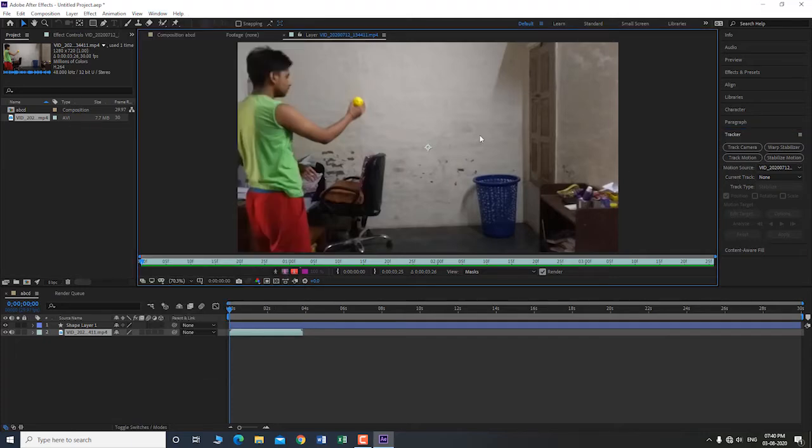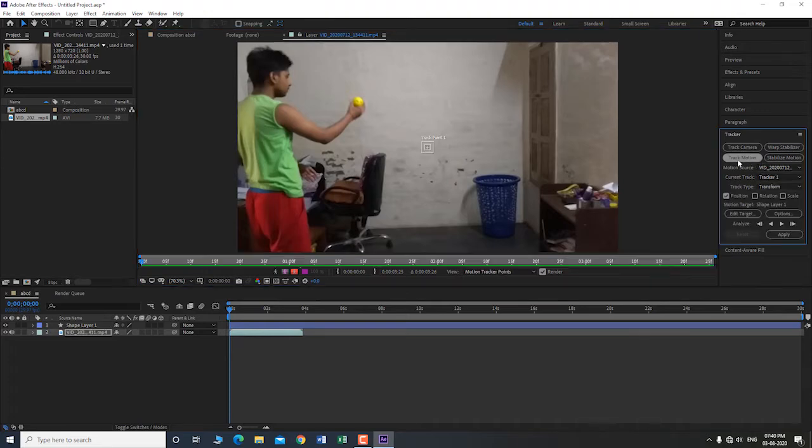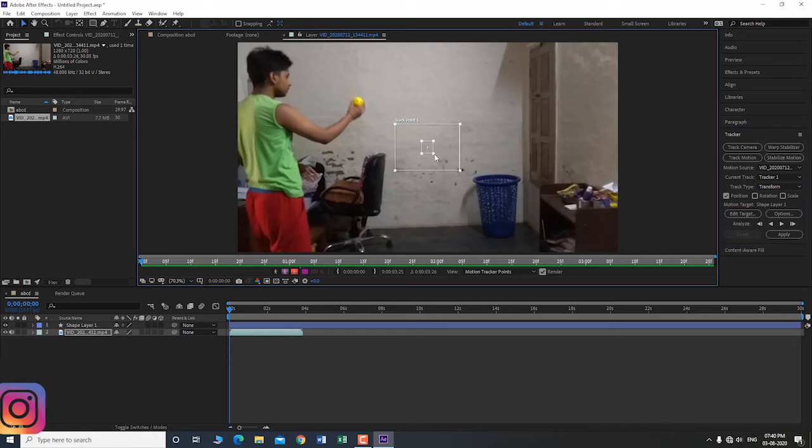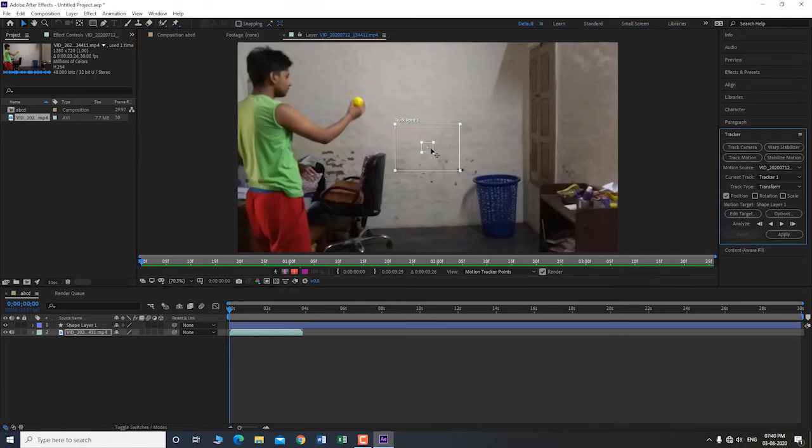So after opening the tracker, go to track motion and we will get a tracker point 1. In this, the plus sign is the tracking point and the bigger square is how much movement of the ball the plus sign will follow. So now I wanna track my ball from